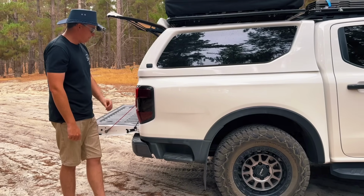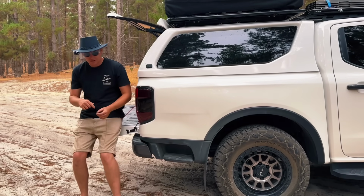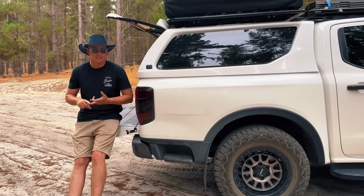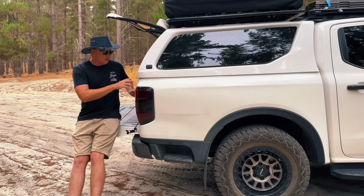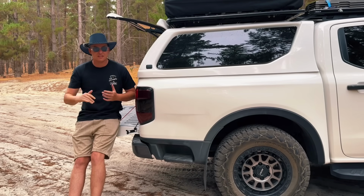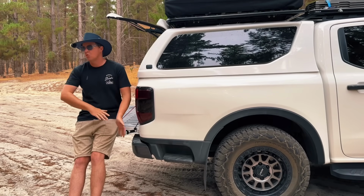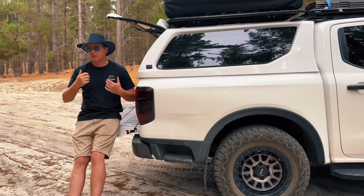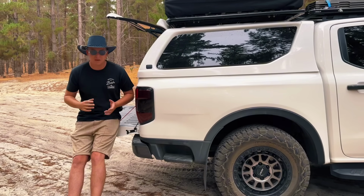Now, one thing, and this is a dual cab thing, but this has happened on this car, my Triton, and also my Hilux that I drive daily: whoever at these companies can work out a way to have a tub that doesn't let dust in, that single thing alone will sell your car more than any other car on the market. So if you're driving down a dusty road, you're going to get dust in the tub, you're going to get dust in the canopy and all that kind of stuff,